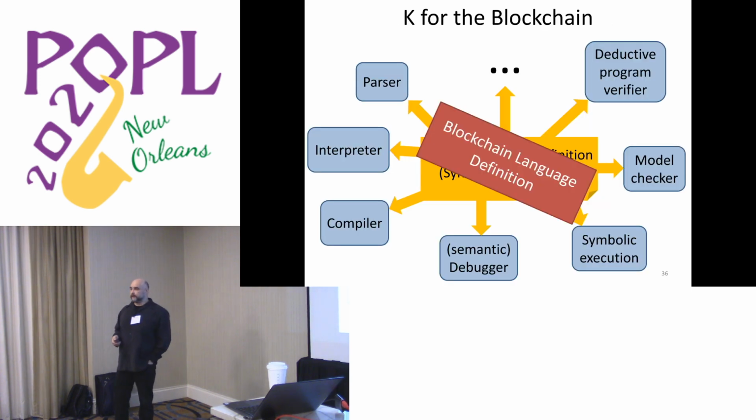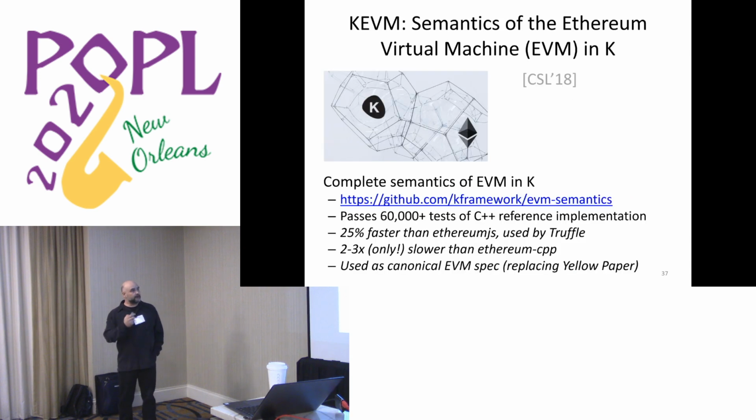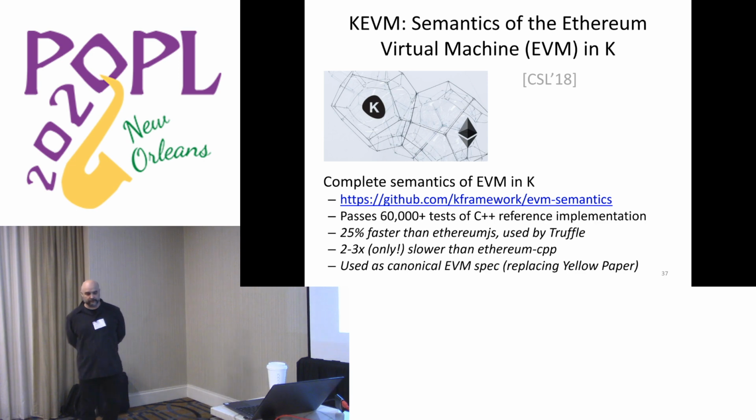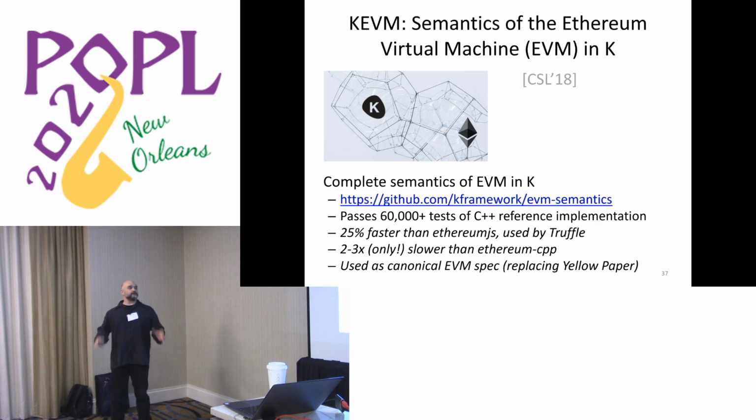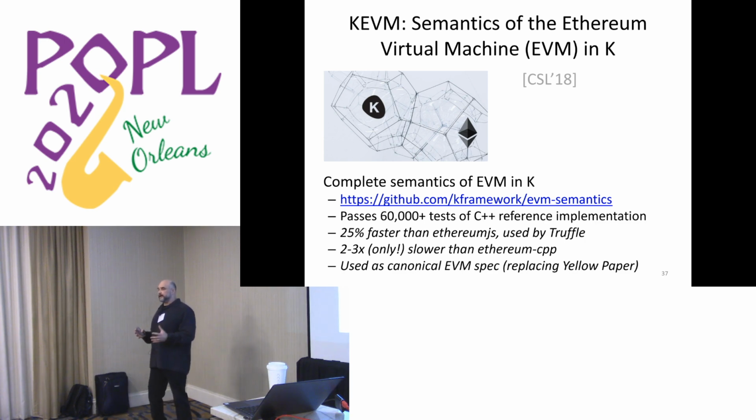For the blockchain, we plug in a blockchain language. And we started with the EVM, which is the Ethereum Virtual Machine language. Most of the smart contracts these days are executing using the Ethereum Virtual Machine. And fortunately, the designers of the EVM did a very good job. They have a C++ implementation that comes with 60,000 tests, which is great. Why? Because it's extremely important for the various blockchain nodes to agree on computations, because they have to redo the computation, they have to agree. If they don't agree, there is a major problem. So it's very important to make sure they all have the same implementation, or correct implementation.